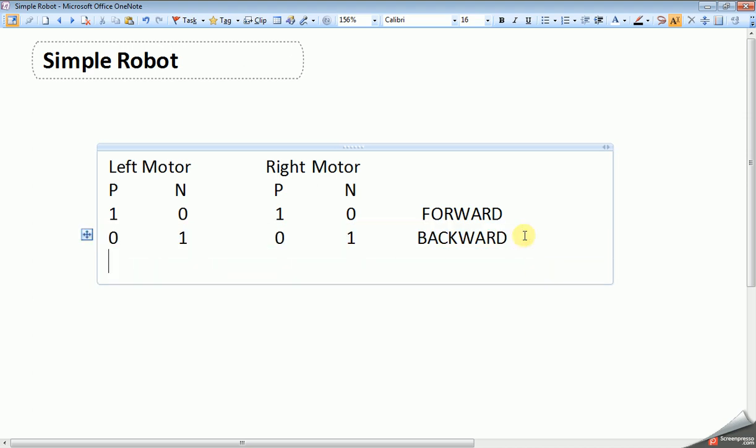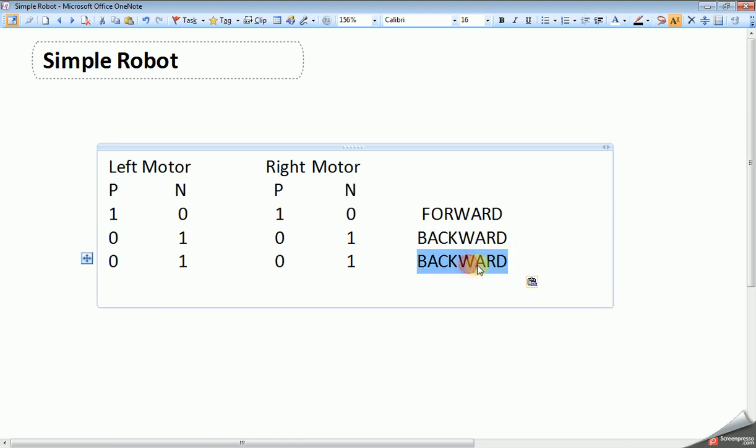Now I want to move the robot to the right side. Then the left motor has to rotate clockwise, that is 1 0, and the right motor has to rotate anti-clockwise, that is 0 1.